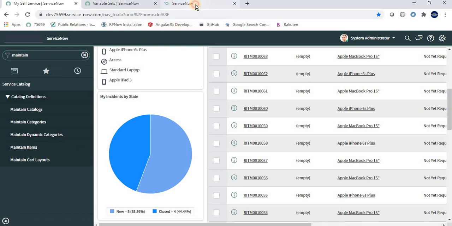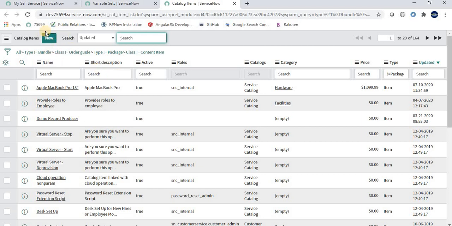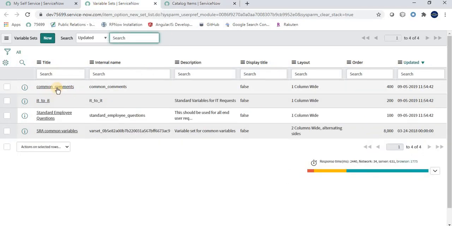When we are creating a catalog item, in related list we have an option to create a new variable set or to attach an existing variable set. Later in this video we will also have a demo of the same. Currently I am creating a variable set from this variable set window, so I am clicking on the new button.